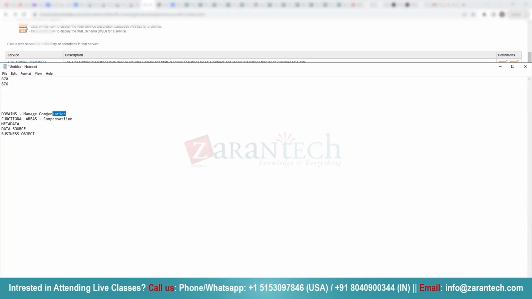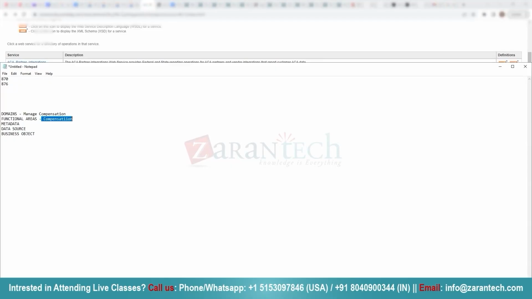Compensation, some part is there. Okay, different domain. All the domains are inside one umbrella that is known as compensation. What is happening now? First thing is, if you're having access to the functional area or not. If you're not having access to the functional area compensation, you're not able to see the tab only for that